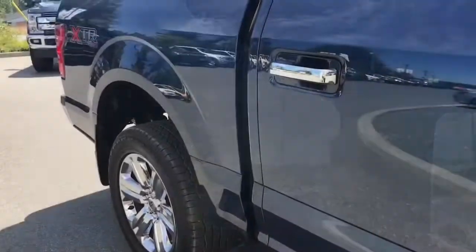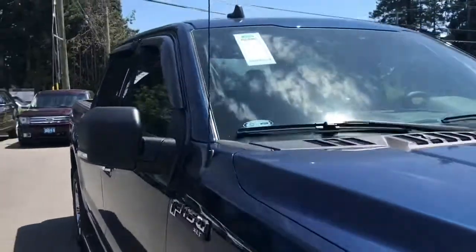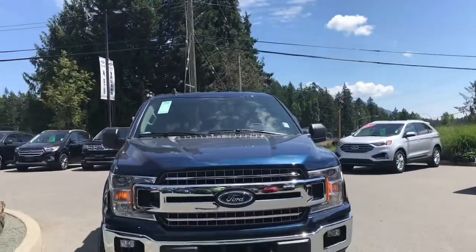Chrome bumper, mud flap, 5.5-foot box, privacy glass in the back windows with window vents, heated and powered side view mirrors, halogen headlights, fog lights, tow hooks, and